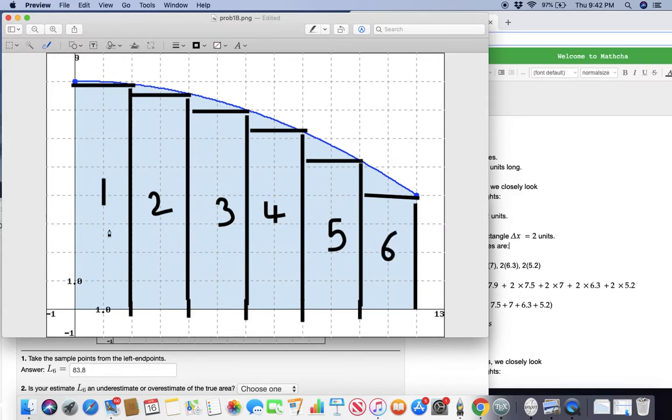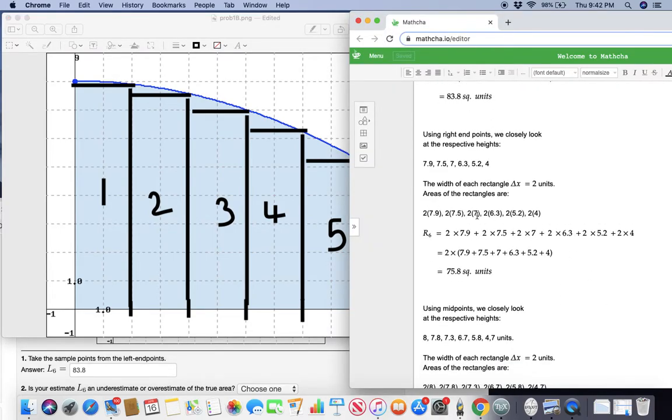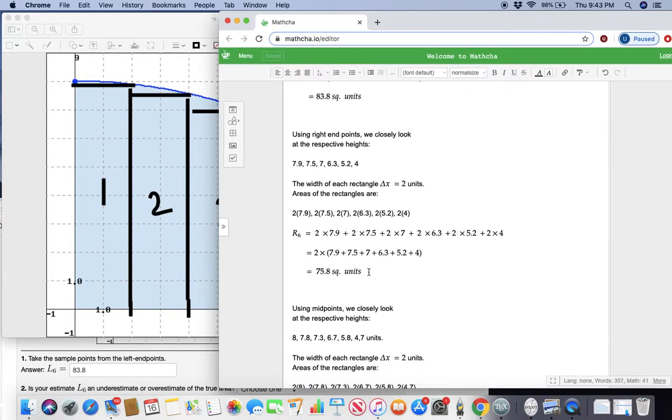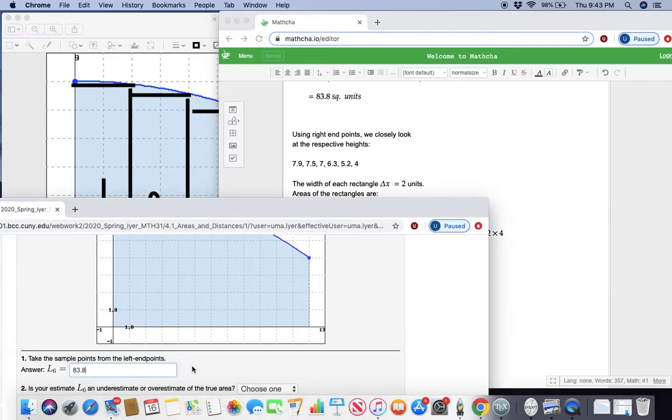All right. So these are my rectangles. So width is still 2, width is still 2 delta x. The heights are slightly lower than before. I start with 7.9, then go on to 7.5, 7, 6.3, 5.2, and lastly 4. Okay, so using width and height, I take all these rectangles' areas, add them up, and this is what I get. Okay, 75.8